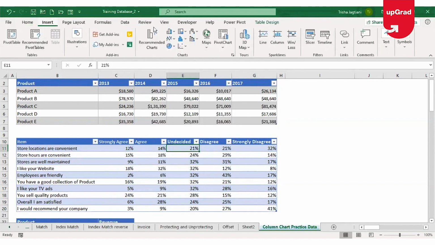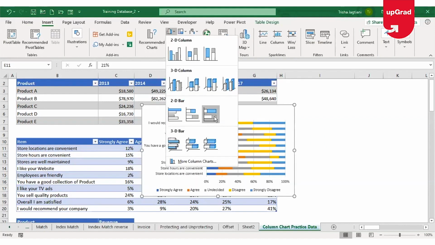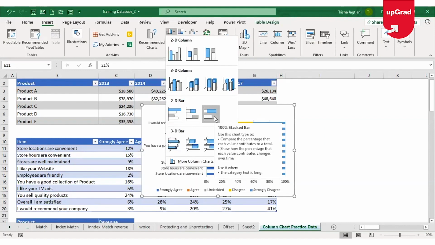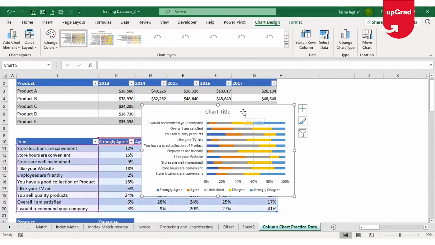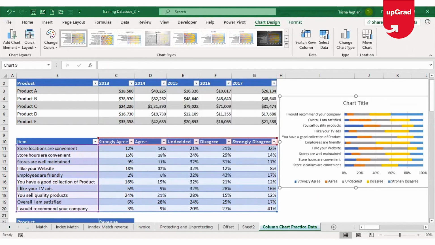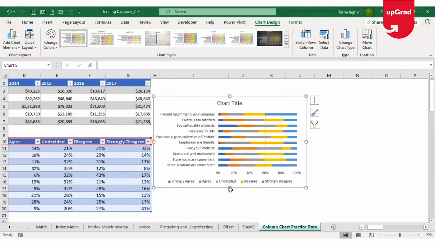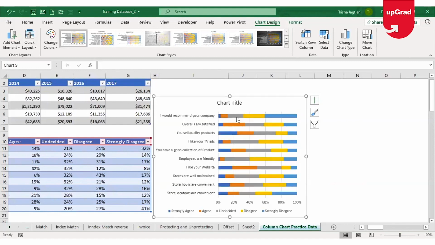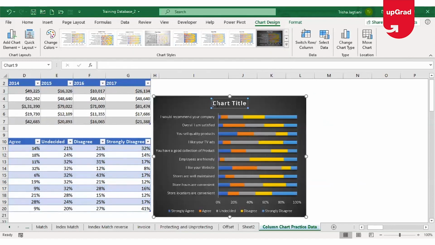Like I mentioned while showing you the column chart, there is a third type of column chart or bar chart, which is 100% stacked bar, which can be used in this case because it is talking about your percentage. Once I select that, you will see that your 100% stacked chart is selected now. And you can do the same things that we did for the column chart and select your style from the list,